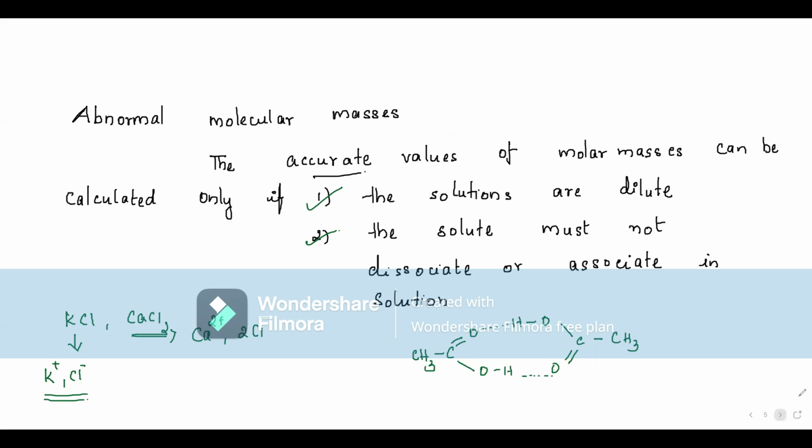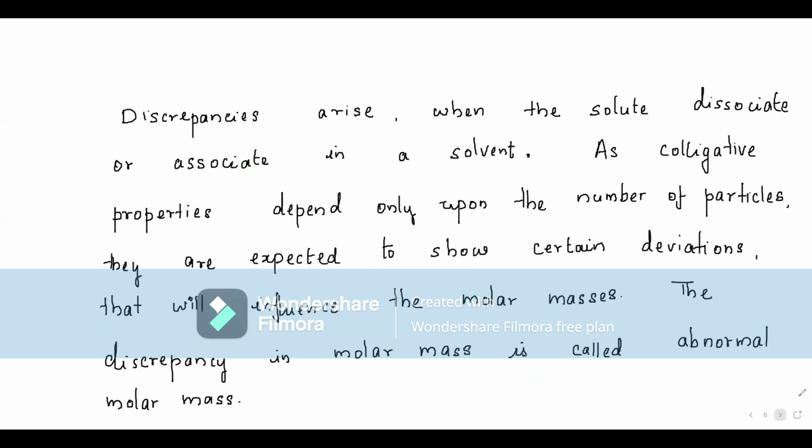Now, whether the solute undergoes dissociation or association, the molecular mass or the number of particles are going to change. When the number of particles change, this is called abnormal molecular mass. So let's read this. Discrepancies arise when the solute associate or dissociate in a solvent, as colligative properties depend only